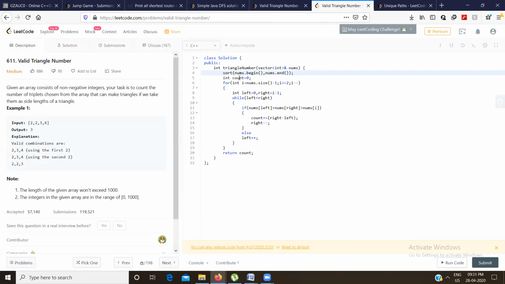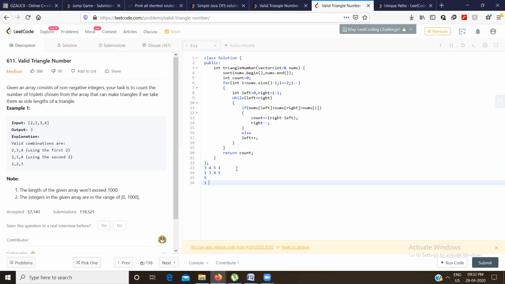So I have this code of mine. First I'm sorting the numbers, let's suppose in ascending order. Then I'm starting from the back, since my greatest number is at the last. So I'm making this a pivot, and then I am applying a two-pointer approach. I'm starting one from the left, and one from the right. So first I'm sorting it, I'm making 5 as the i. Now I'm going and searching.